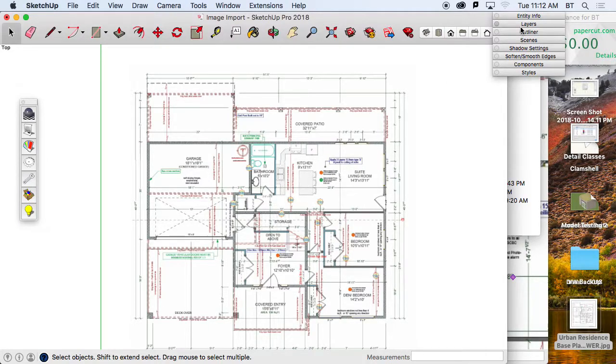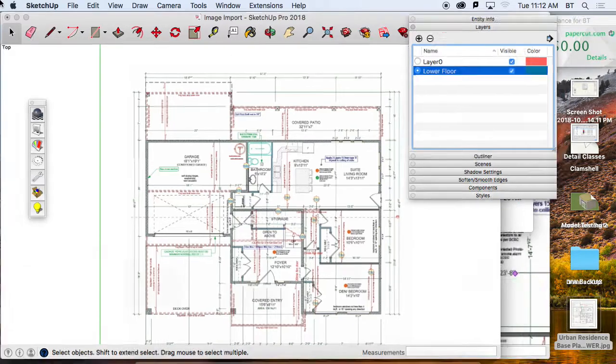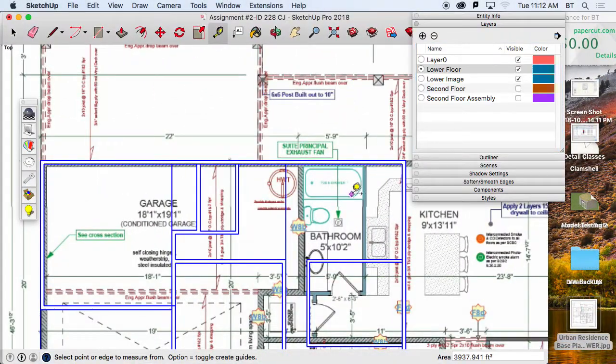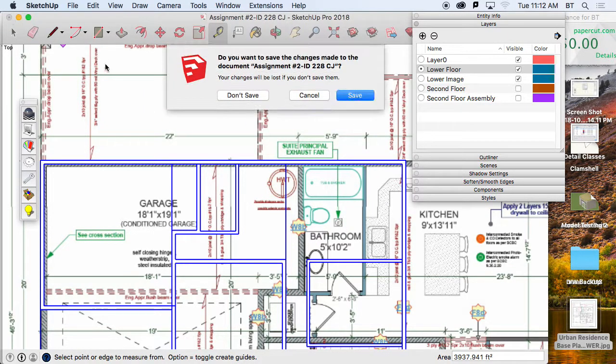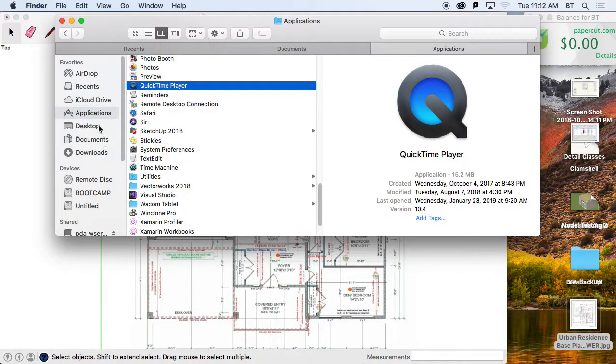Okay, so now I'm going to create a new layer, and I'm going to call this the lower floor. And now I want to make that my active layer. I'm going to go to my other document. I already brought this image in and resized. I'm going to close this. Don't save. I'm going to open up